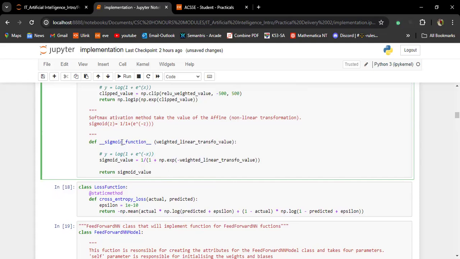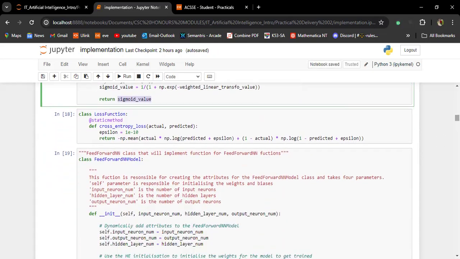And then in the sigmoid function, this is where we subject the value that we receive from hidden layer number 2 to these equations, and then the result is what we'll call the sigmoid value, but essentially it's what the function will have predicted. Then from there, let's run this.